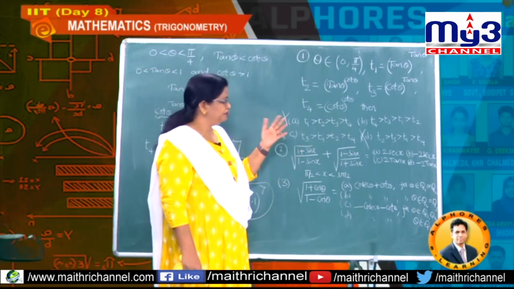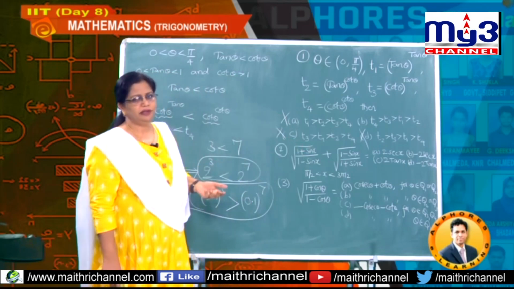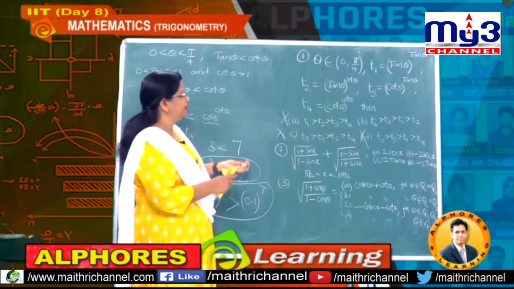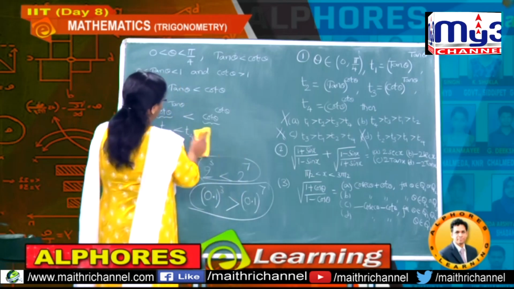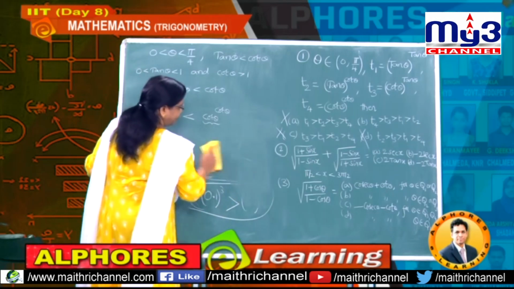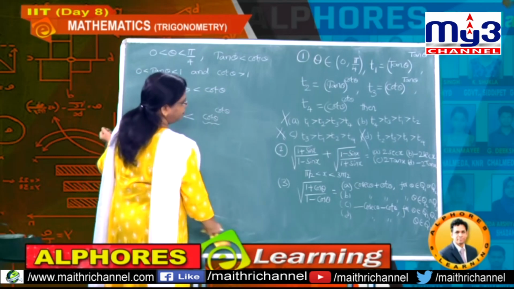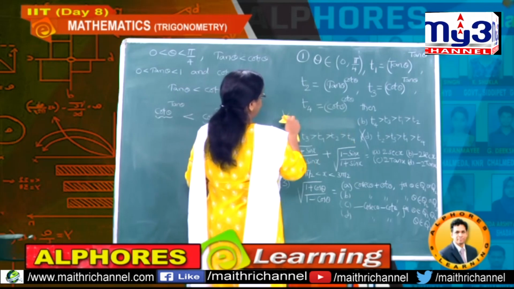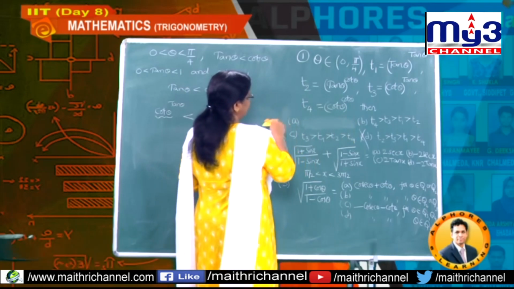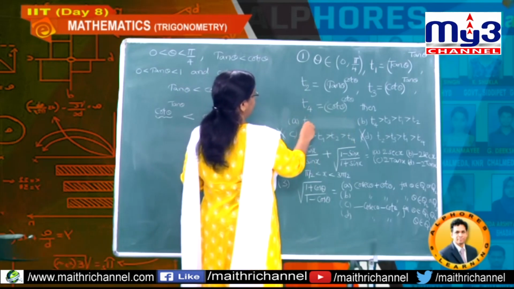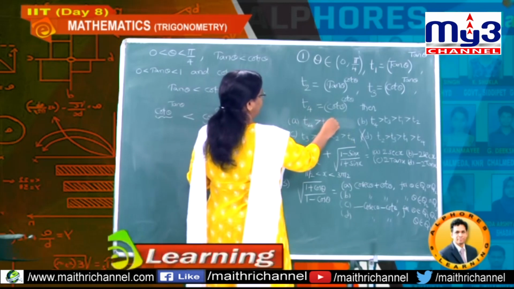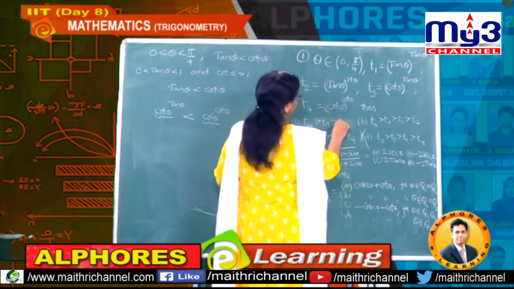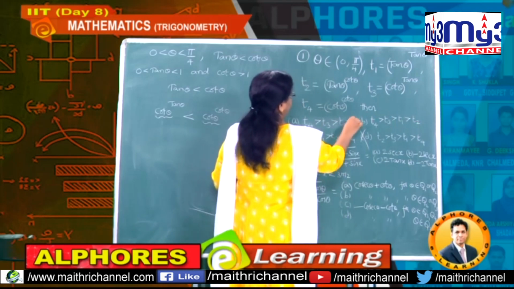Okay, so they frame the options in such a way that you have to solve the problem till the end. That means, how can they frame these options other than this way? Okay students, how can they frame? Now, in all options, instead of giving it like this, for the first option I will give again T4 greater than T3 greater than, here T1 and T2 are there. Now I will give T2 and T1.